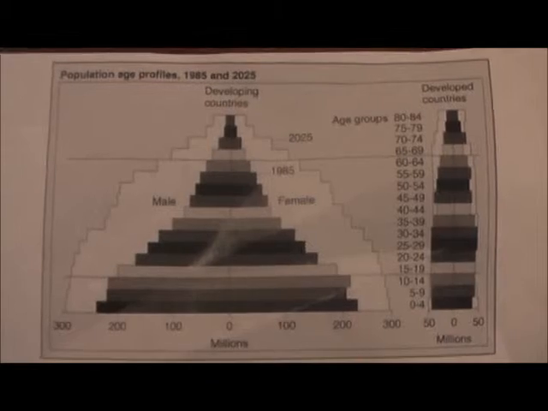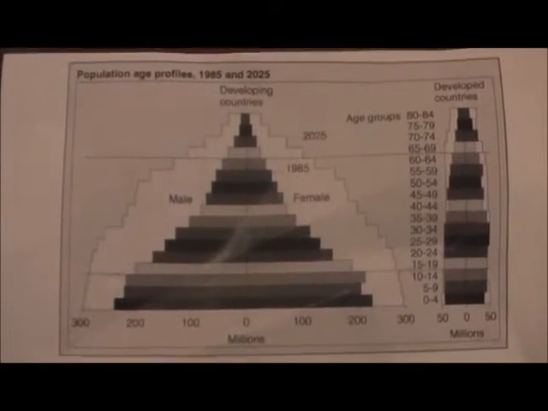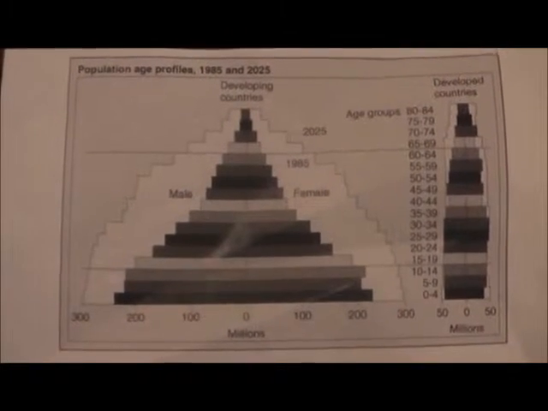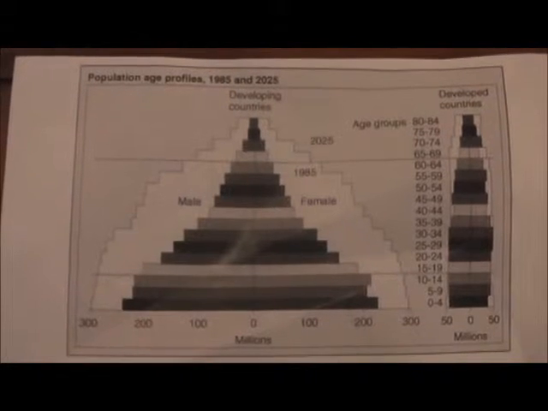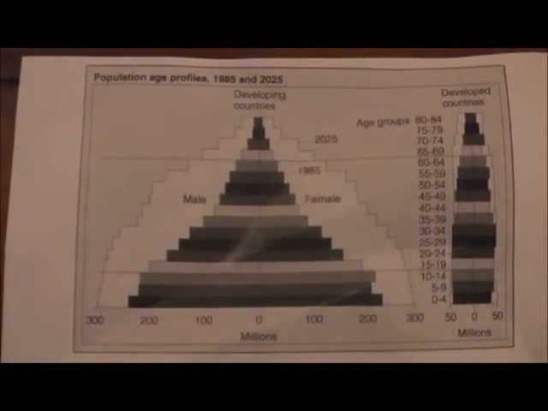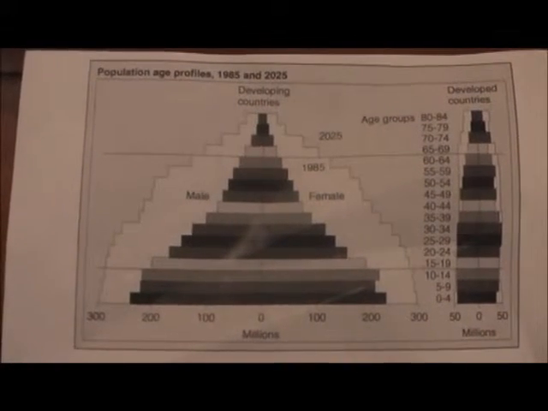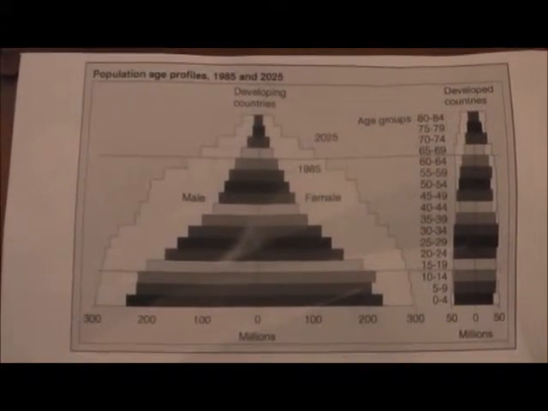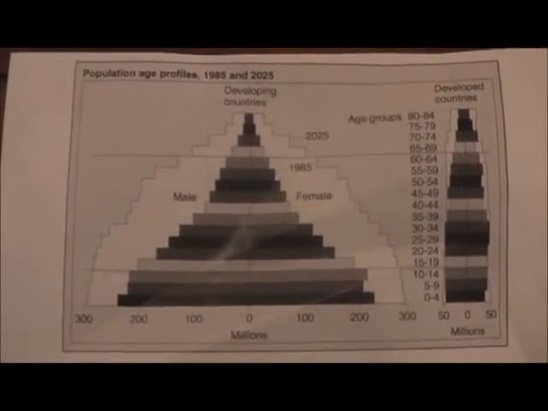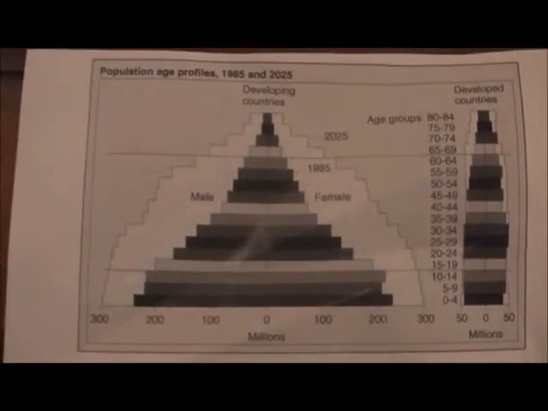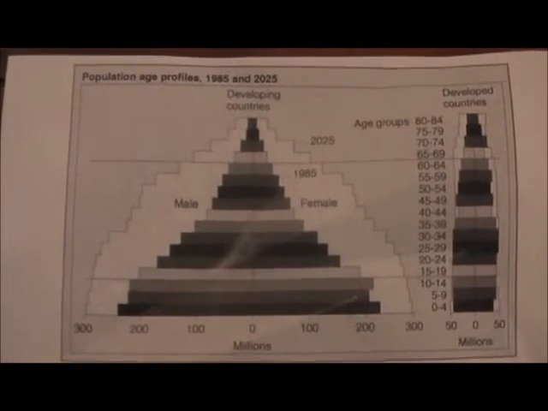What you're looking at is a profile of developing countries and developed countries. As you can see, the developing countries are in a pyramid shape with a high fertility rate, or simply a high number of children with a low population of older people. Now look over at the developed countries. It's a cylinder-shaped profile, and you can see that it's almost equal rates throughout the profile. So you're having fewer children than the developing countries.